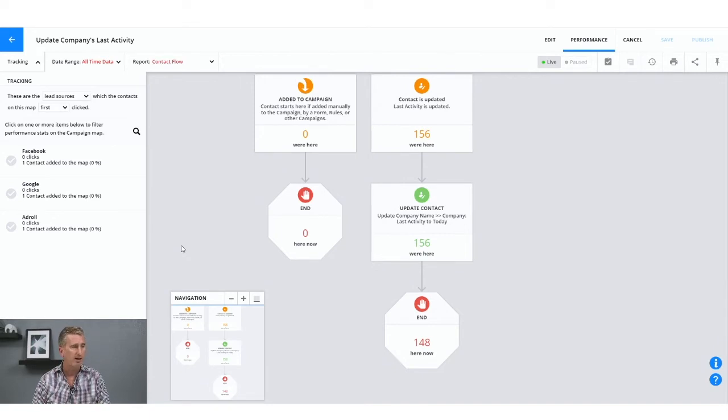I'll double check. But the short version is that UTM variables are little variables that you add to the end of your URLs that you put on your marketing. So if you're advertising on Google or on Facebook or on social media, you don't just say, come to Ontraport.com or come to yourbusiness.com. You say, come to yourbusiness.com, question mark